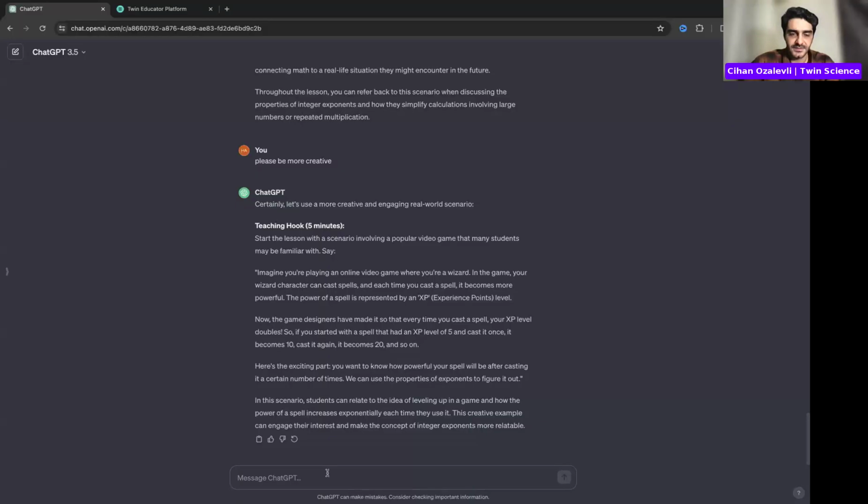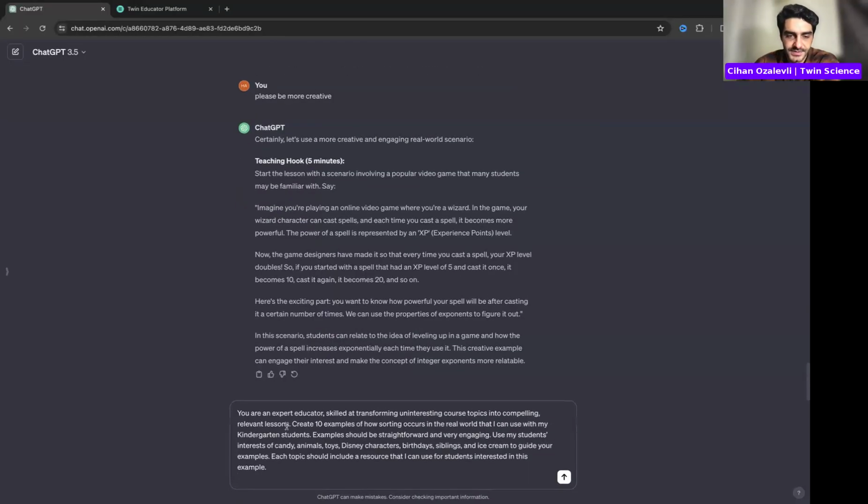So here, the prompt I chose is, you are an expert educator, skilled at transforming uninteresting course topics into compelling, relevant lessons. Create 10 examples of how sorting occurs in the real world that I can use with my kindergarten students. Examples should be straightforward and very engaging.